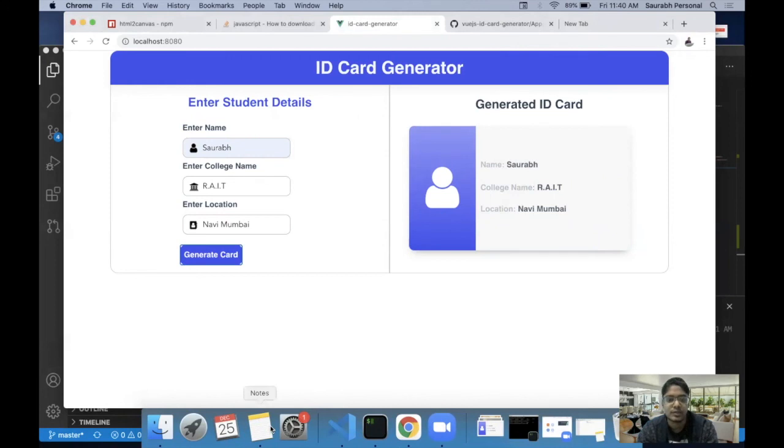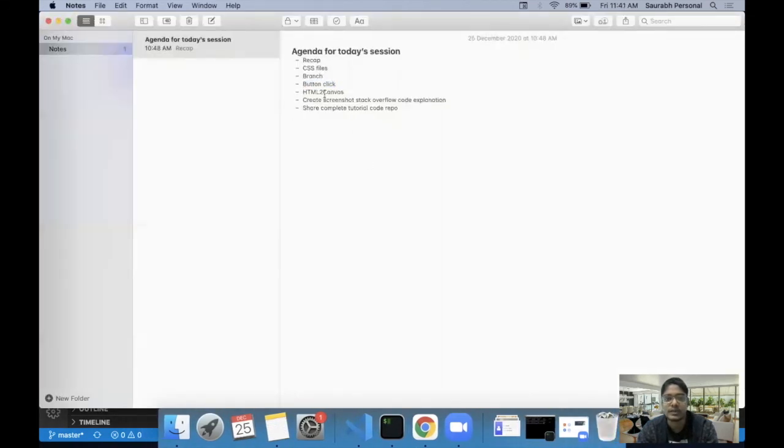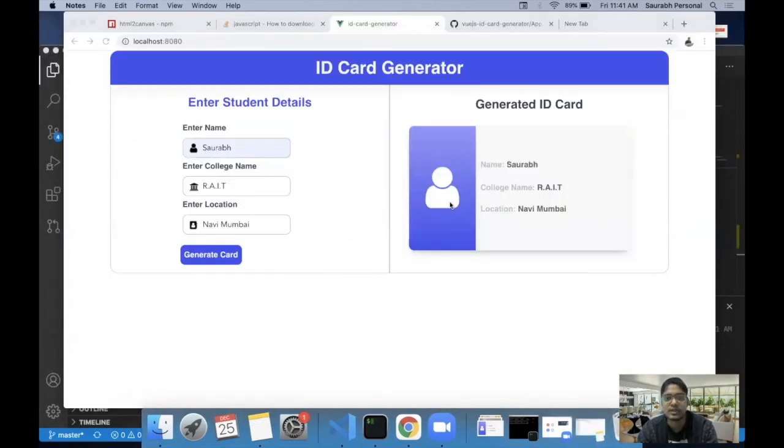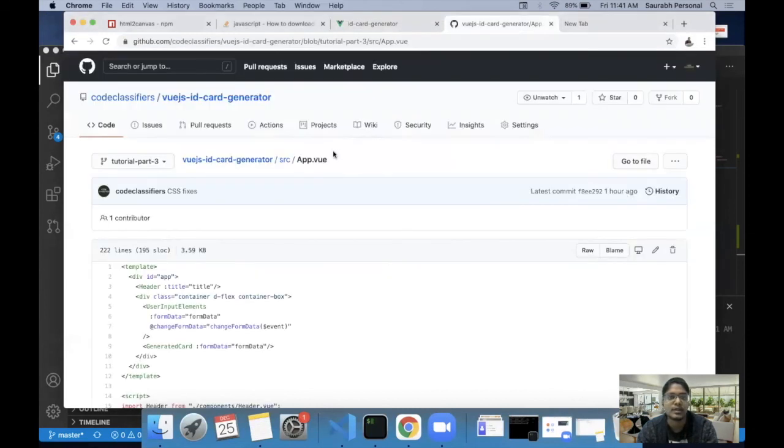Now checking into our agenda, we have covered HTML to Canvas. We have created the screenshot code and also expanded from the Stack Overflow code snippet. Next, the entire code which we covered in this 4-part series is available on my GitHub account, which is Code Classifiers.